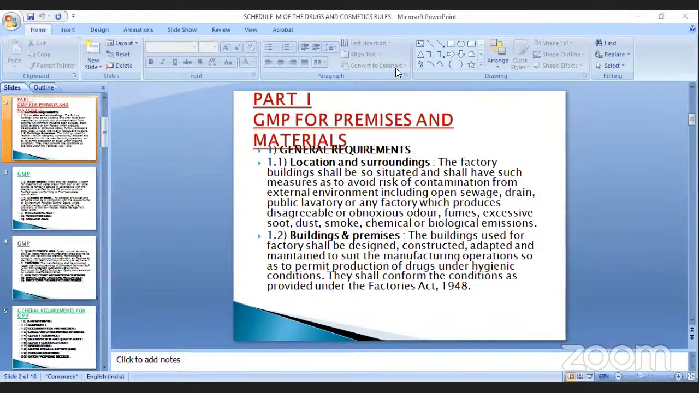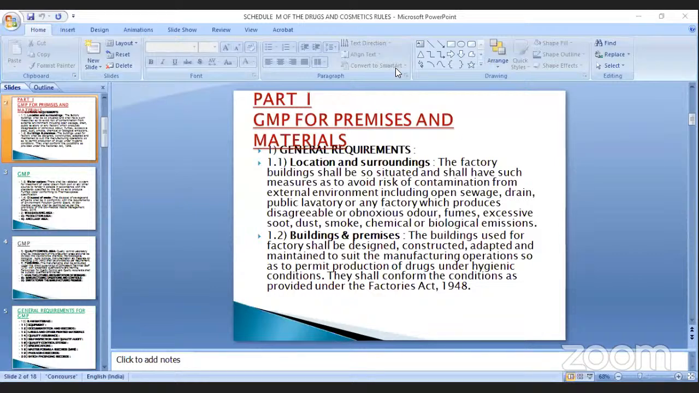There should not be any open joints, because you know that if there is any open joints, it will allow the accumulation of dust and debris, and that may contaminate your product. The chance of contamination will be more, chance of cross contamination will be more, because the powders, the pharmaceutical products may also accumulate there. So the walls and floors, ceilings shall be smooth, washable,